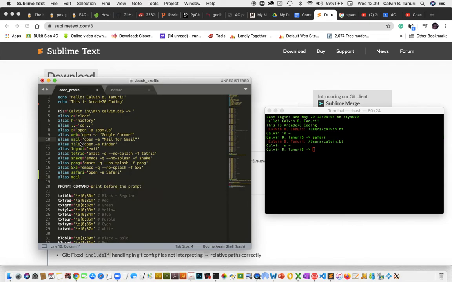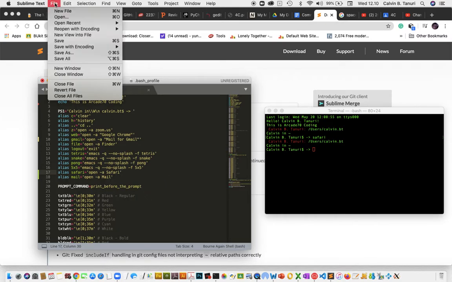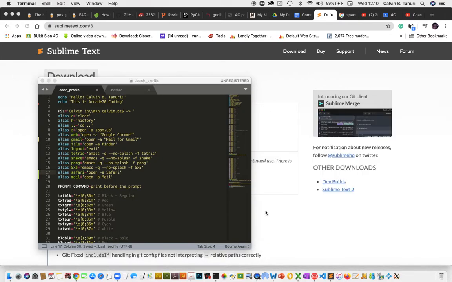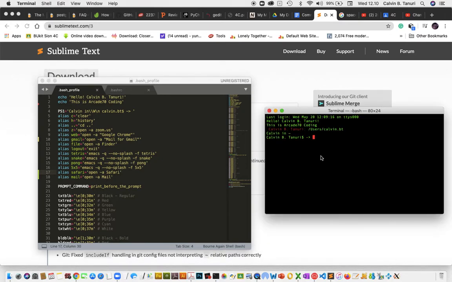This one I'm going to add Gmail here. Mail because this. Open a mail. We're done. Save. Open terminal. Here,